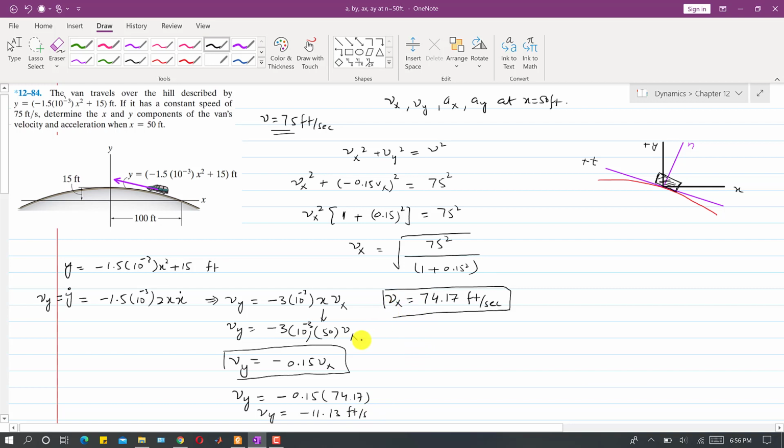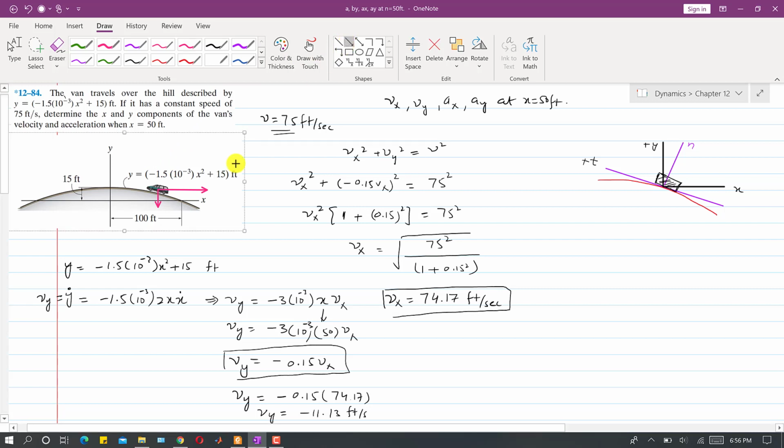Now if we draw these two components of velocity on this diagram, this means that Vx is in the positive x direction. Let me remove this first. Let's say that this is at x equal to 50, so Vx is acting in the positive x direction. So this is our positive x, so I will have to draw it like this. Then this will be our Vx vector, and as we can see, Vy is negative. So this will be our Vy, which will be parallel to this y-axis.